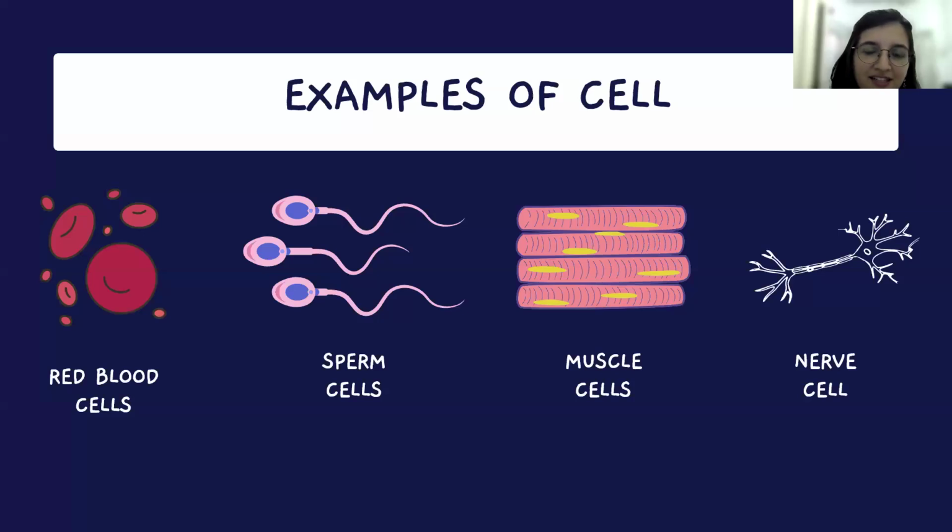Okay, so here are some examples of cells. We have red blood cells. So the very interesting thing about red blood cells is that they don't have a nucleus. Would anybody like to guess why red blood cells don't have a nucleus? Okay, that's okay. So red blood cells don't have a nucleus because red blood cells are what carry oxygen